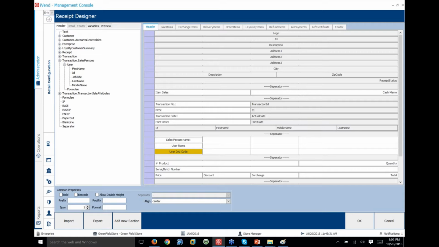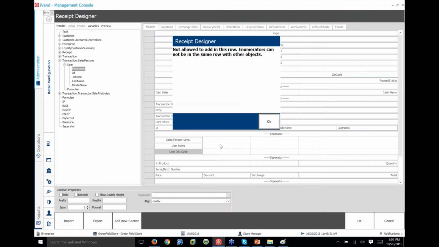Username and user job code. Using the first name,